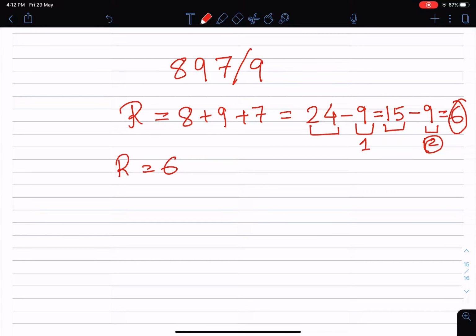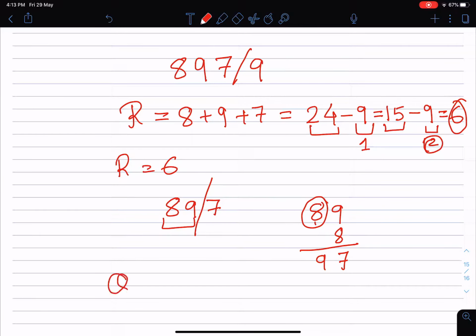And now we have to find out my quotient. So first write that full number here. It is 897, and I'll put a slash there to isolate my rightmost digit. Now we have 89, and from 89 we have to find my quotient. We write 89, and then again we add the first digit to this number. So this is 8, and when we add up, the total number will become 79.